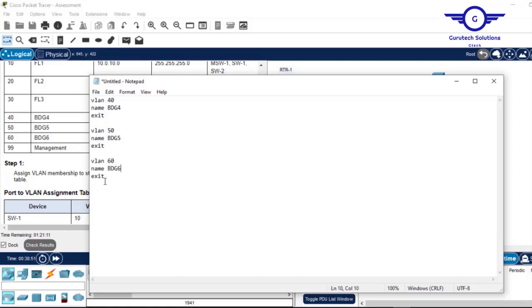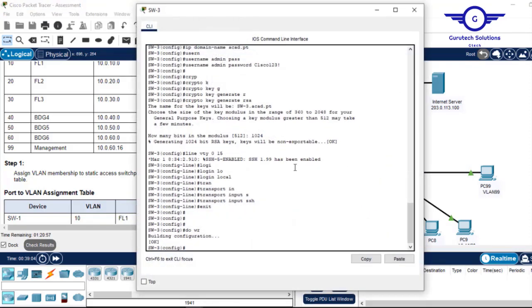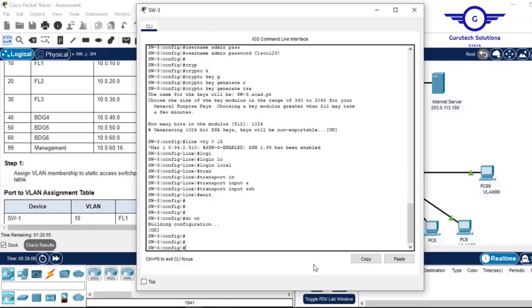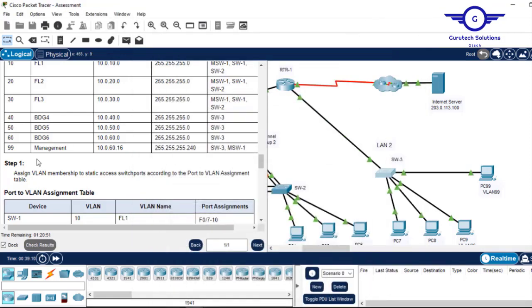I'll just copy to switch 3, because as you can see here it's switch 3. But these are network addresses, these are the network ID, not IP addresses. So we just come here and say paste just those configurations and exit. Okay, and now